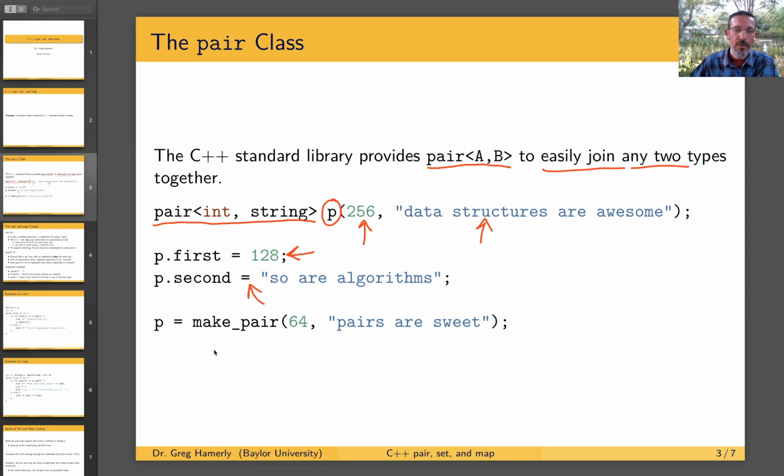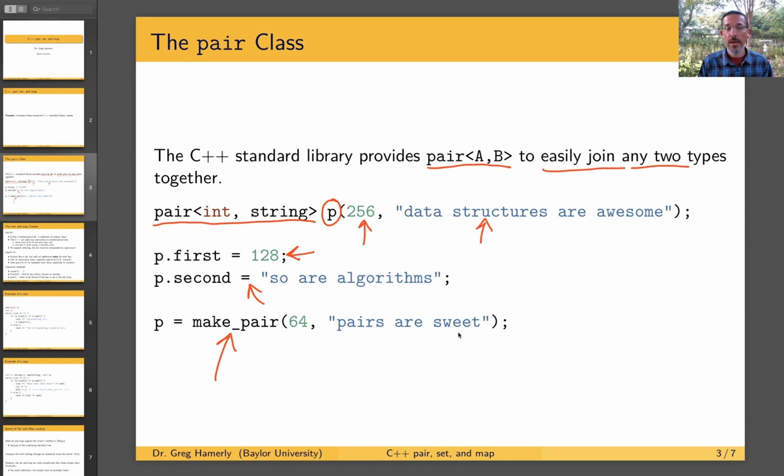Now, I want to point out one interesting and useful function is called make_pair, which you'll notice up here I had to specify the two types, int and string. Make pair infers the types, which is convenient and useful. And I could say p equals make pair 64 pairs are sweet, right? So this is a very useful class for just gluing together any two objects. So if you ever have pairs of things that you need to put together, the pair type is there to